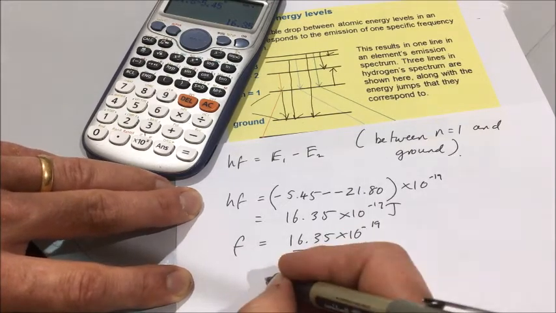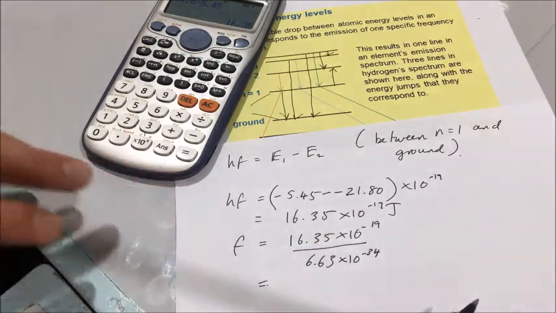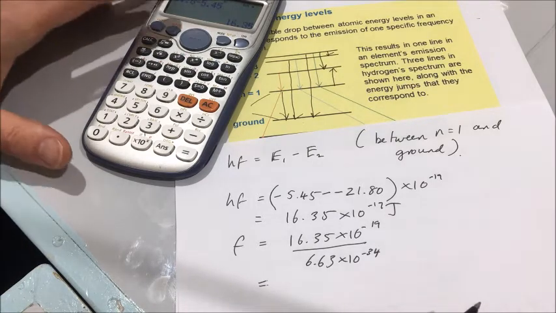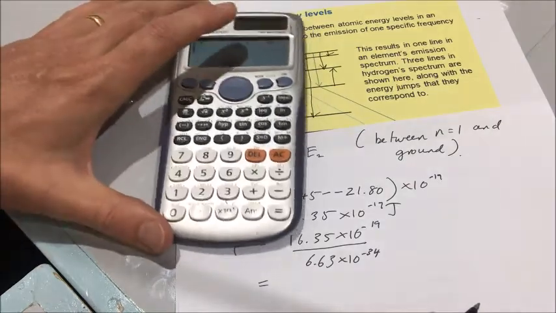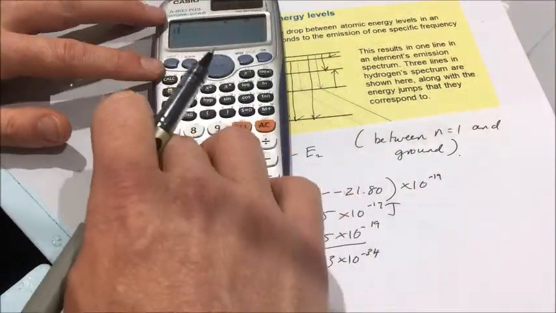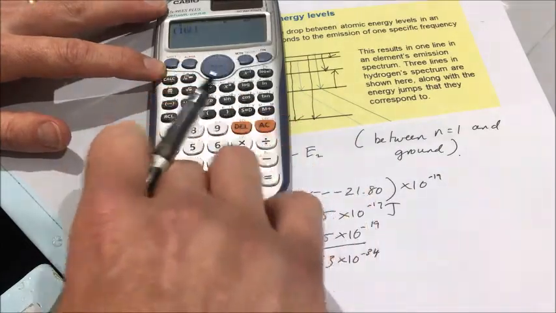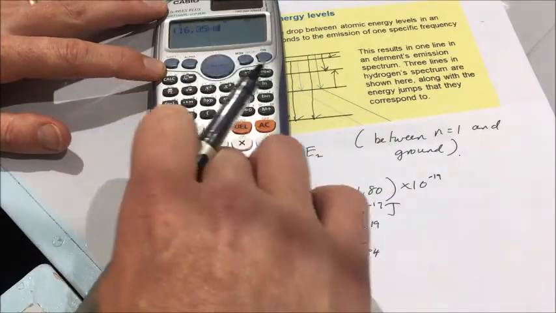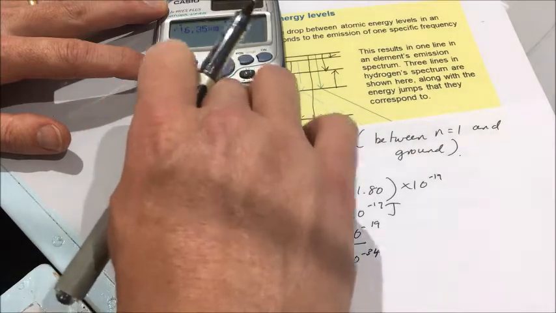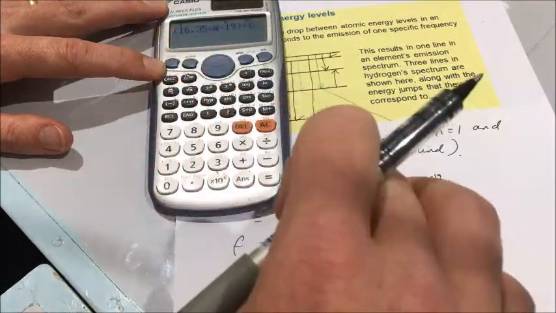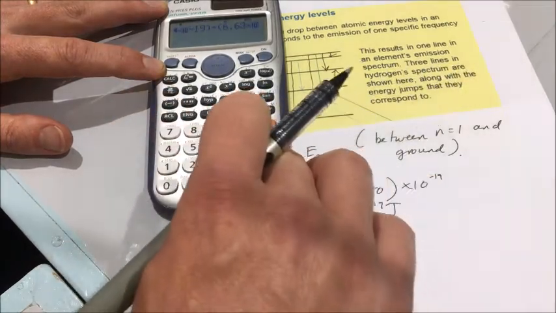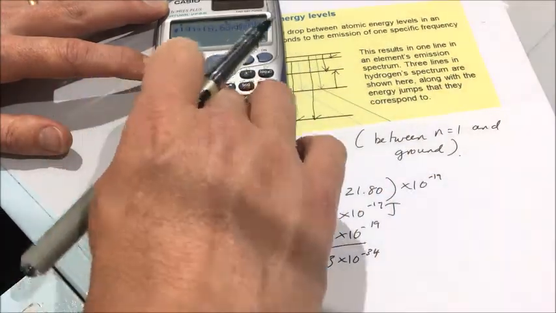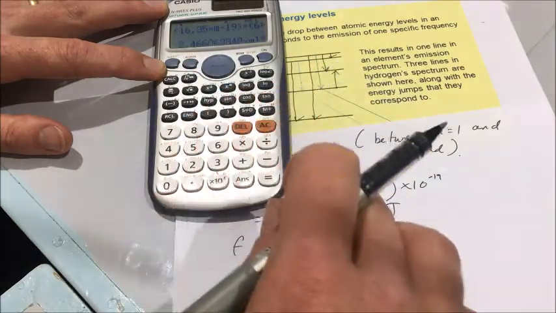It's going to be a large number, but then it's light, isn't it? So I'm expecting in the hundreds of nanometers. So let's do this properly then. So here we go, I'll do the calculation now. So I've got 16.35 times 10 to the minus 19 close brackets divided by, I'll use brackets here just to be sure, because I hate having to do it again if I mess up my syntax, 6.63 times 10 to the minus 34 close brackets equals,